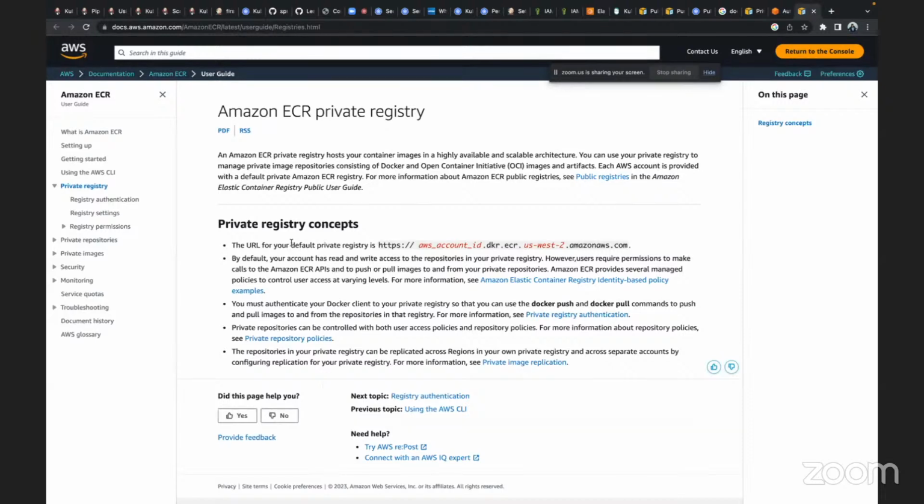The URL Docker registry URL is our private registry, and we also need to provide the username and the password. That will be access key and the